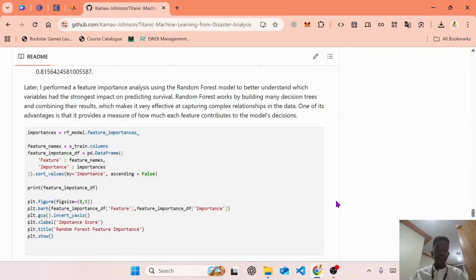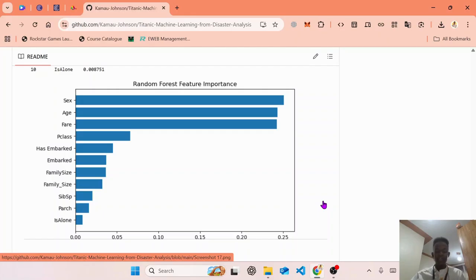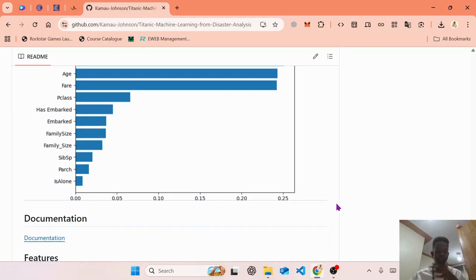So after cleaning, processing, and visualizing the dataset using Python and some libraries like Pandas, Matplotlib, and Seaborn, I applied two predictive models. The first one was the logistic regression, which was to estimate the probability of survival based on the selected features. The second one was the random forest classifier. This was to capture the complex non-linear relationships between the features and the survival outcomes of the dataset.